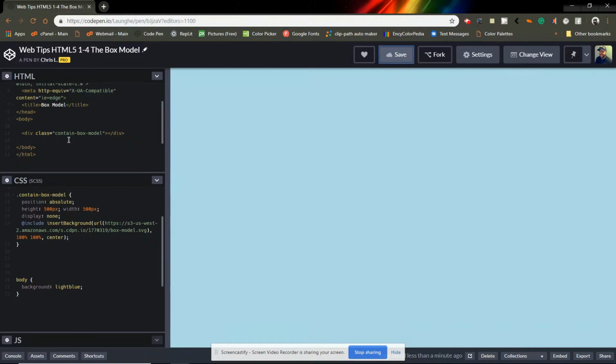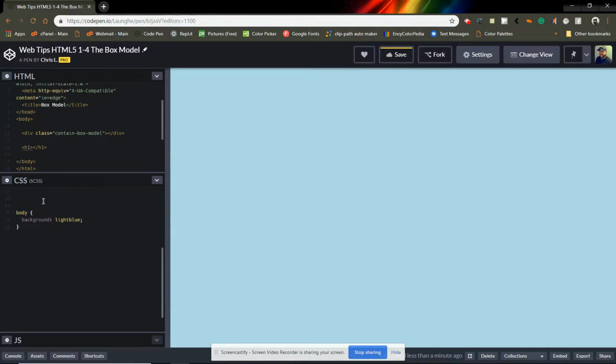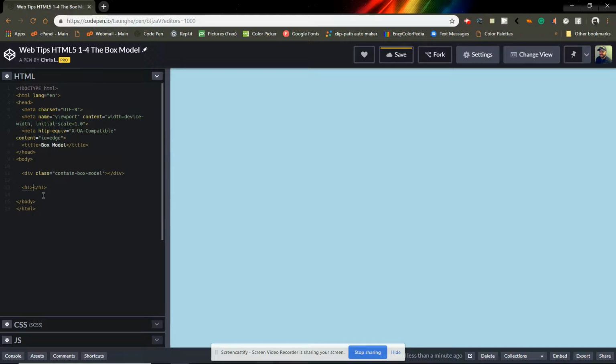So what we're basically going to do here, guys, is we're going to create an object. Let's just make a basic H1 object. Ignore all that stuff above the body. You don't need to worry about that. That's all just for that box model image. So we're going to place an element inside of our HTML document. I'm just using an H1. Once again, you can use an image or a video,